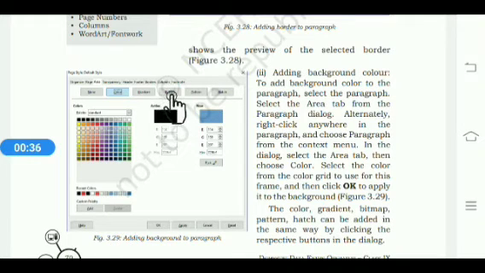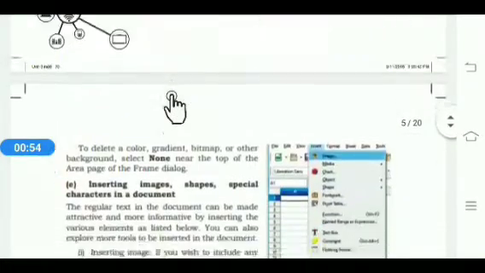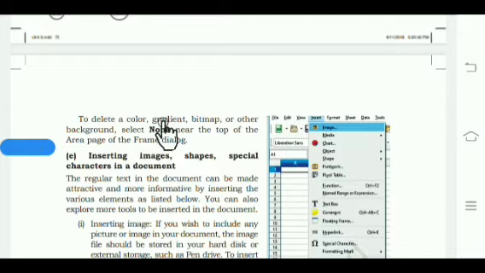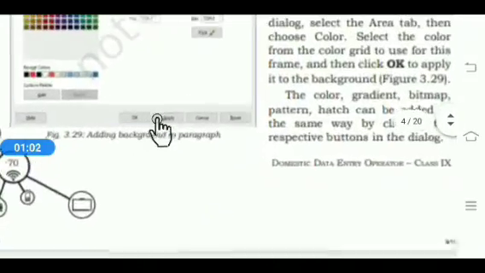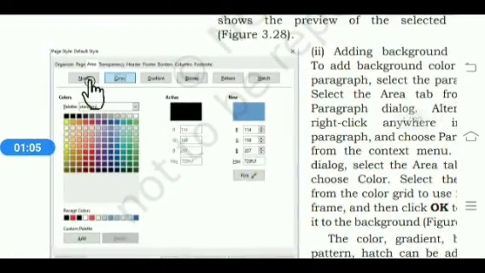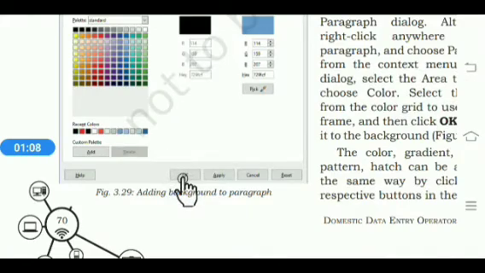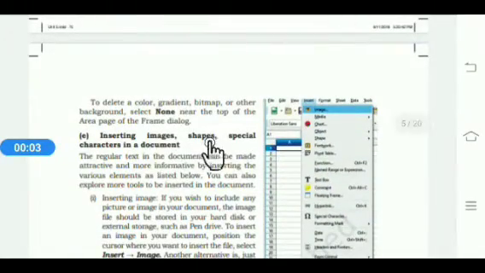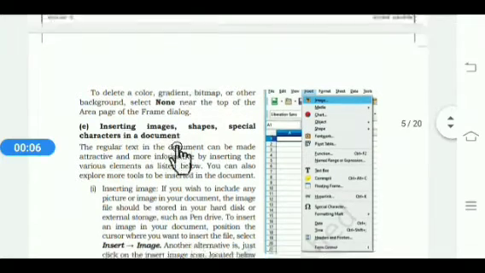Bitmap means if you want to insert images in your document. For this, click on the bitmap option, then choose the Add and Import button. Then for gradient, click on the gradient option and then select linear or radial gradient effect according to your requirement. If you want to delete background effects, for this select the None option, then click on OK.